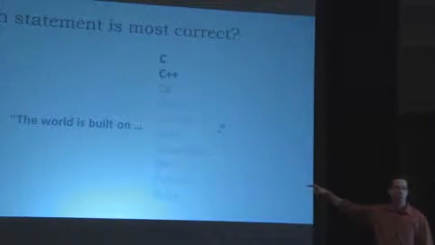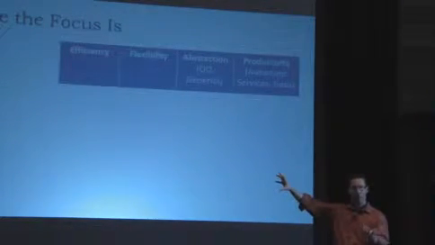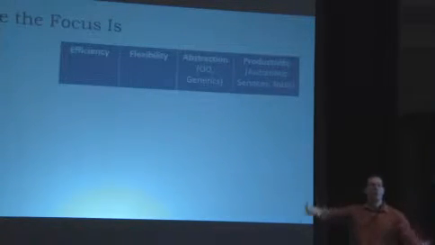One is a superset of the other with stronger abstraction. And that is an important fundamental thing to remember. So let's take a look at where the focus was. Now look at four specific things. Efficiency, getting performance per dollar, that's that first column. The flexibility, the ability to express what you need to express. The ability to have strong abstractions, specifically templates and generics, so object orientation as well, objects and generics. And then productivity, the ability to have the programming language and environment do more things for you so you don't have to worry about it, possibly at the expense of the other columns.